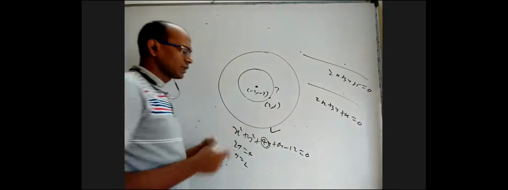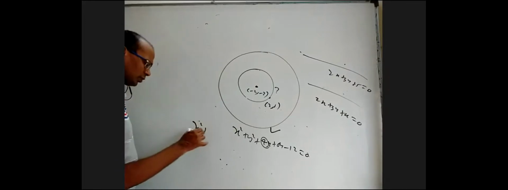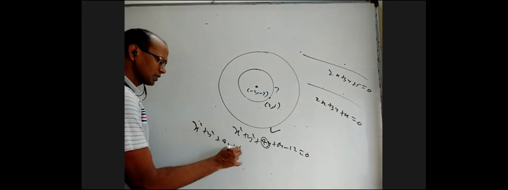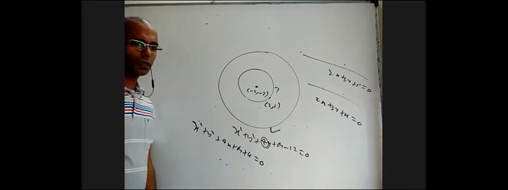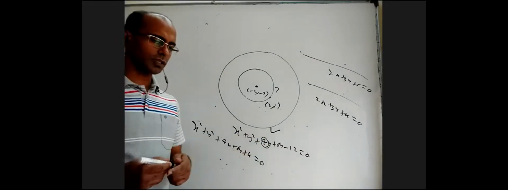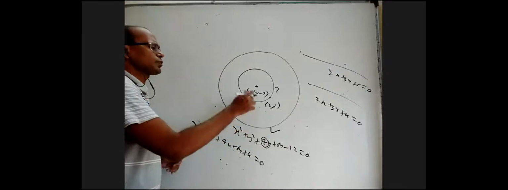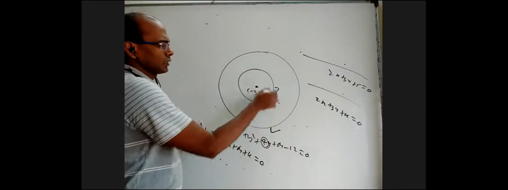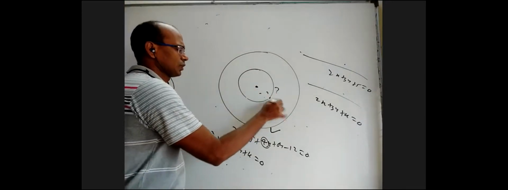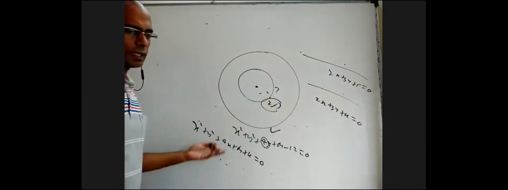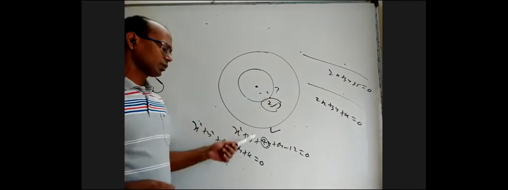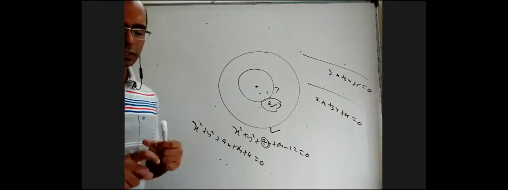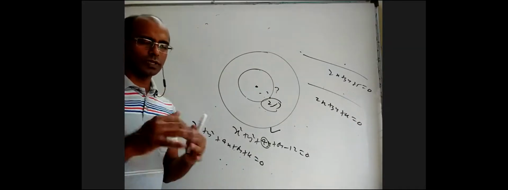The same way, if any circle is concentric with this, it will be in the form x square plus y square plus 4x plus 6y plus k equal to 0. As you change the constant, you'll get a concentric circle. But how to know that constant? Substitute the point on this. For example, you wanted this new circle to pass through (2, 1). Substitute (2, 1), you'll get k, put that k back, you'll get it. So the main point is, when a circle is concentric with another circle, the only difference between the two equations is the constant. That can be used in some questions.